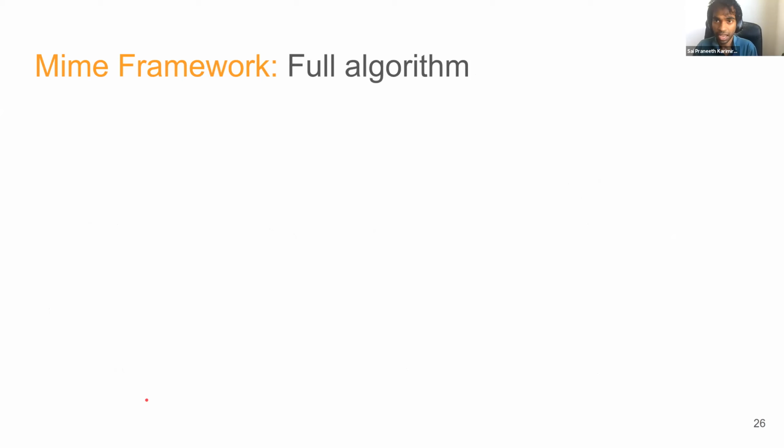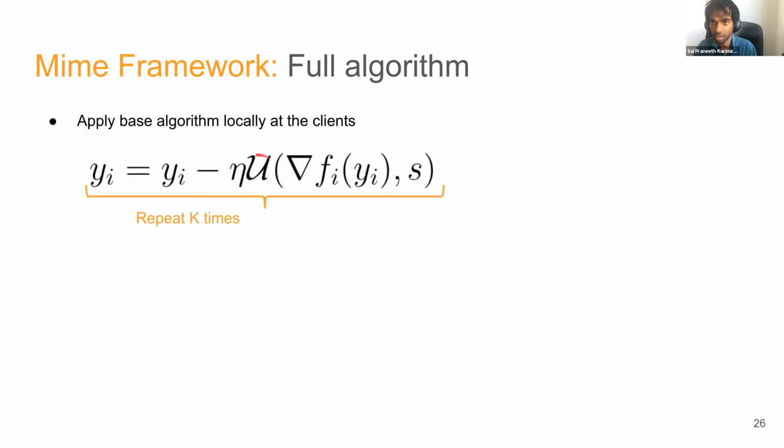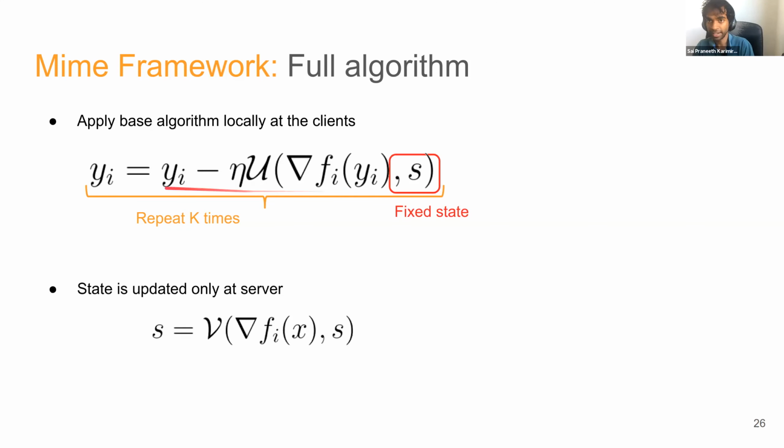So if we have such a function updater, what we will do is repeatedly apply this update step using the client's local gradient, but the fixed state S. So we'll keep the state fixed and keep applying this K times. And then only at the server level, we will update the state. So this is just a way of